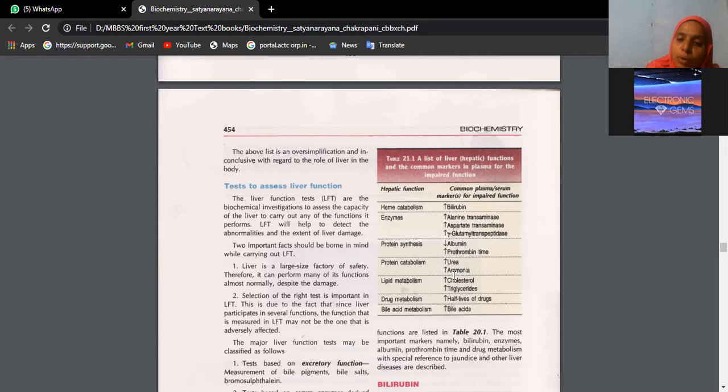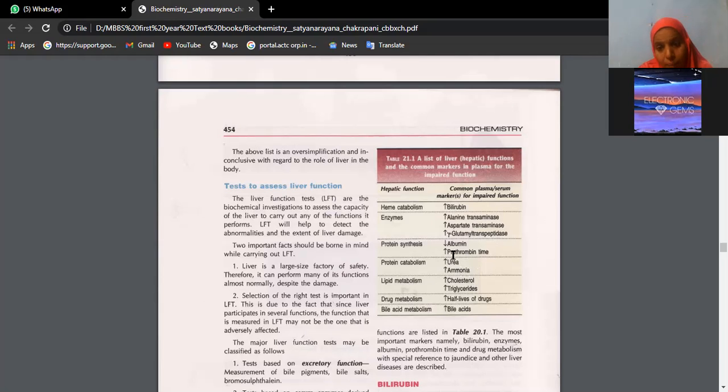The person will go into coma. Ammonia is a very dangerous end product. That's the reason ammonia has to get detoxified immediately to the safe end product, that is urea, for which it will be combining with carbon dioxide in the presence of NAG, N-acetyl glutamate. So that was the first step. NH3 plus CO2. We have a series of steps: ornithine, citrulline, and all.